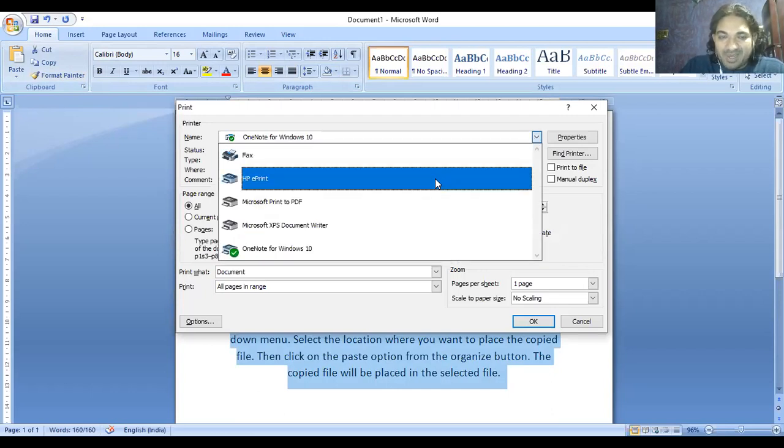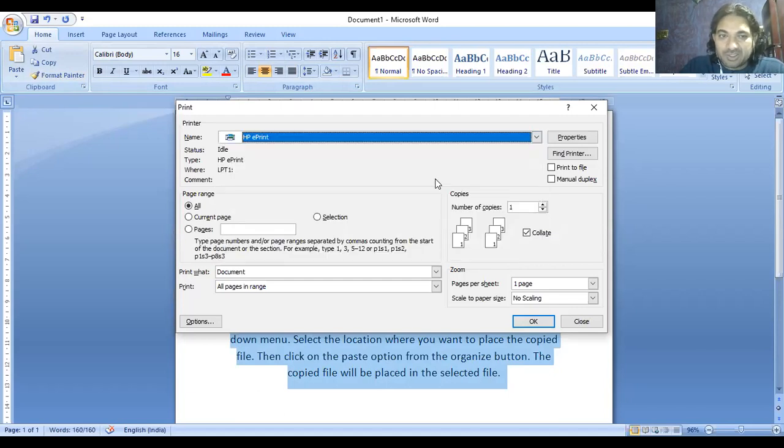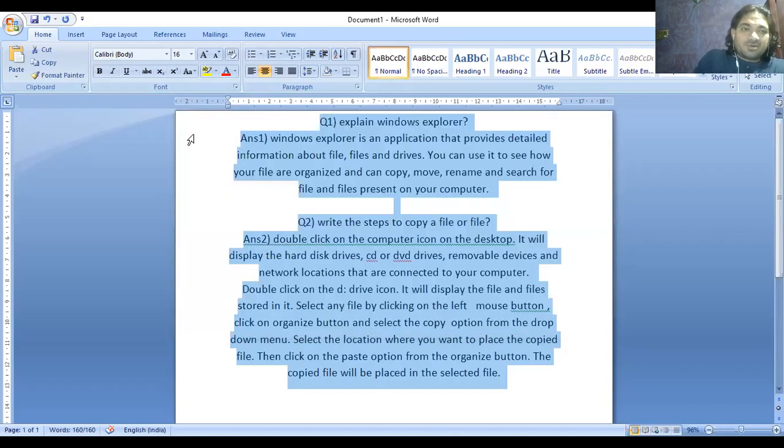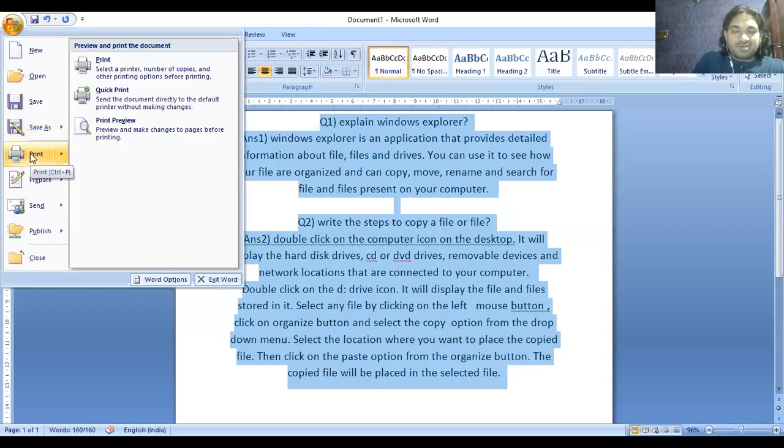For example, my printer is HP ePrint, so I have selected this printer. Then whether you want the current page or a number of pages, and how many copies you want, you can select. Then click on OK, and the content will be printed.